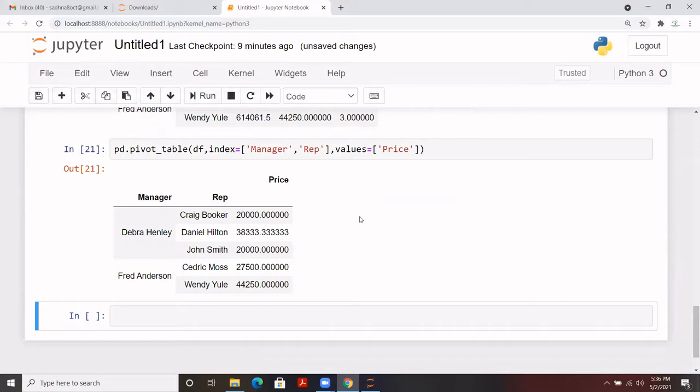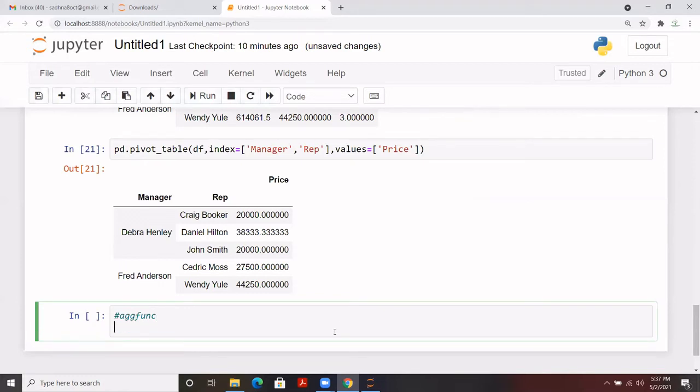Now for example, I needed two outputs for price. One is I just want to check the average price, and I also want to check the total number of occurrences that we have for any particular representative and manager, let's say. So to do that at the same time, in case I need a statistic summary as well, we have an aggregate function to tackle this. That is the aggregate function that we can apply. It is quite similar to the aggregate that we applied in the group by function. So let me use it here.